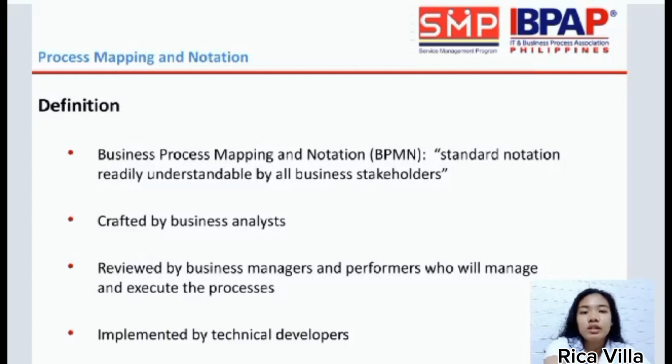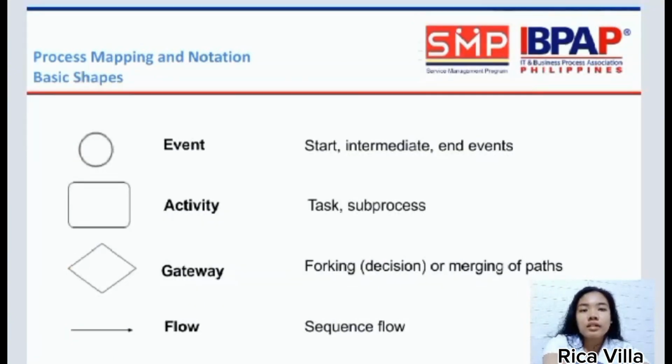Business Process Modeling Notation, or BPMN, also called Business Process Model and Notation, is an open standard to diagram a business process. It is like a flowchart and uses standardized graphics to represent the participants' choices and flow of the process. Event: start, intermediate, and end events. So here, the event is usually